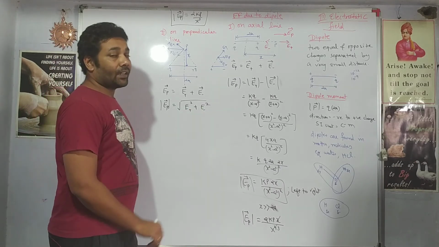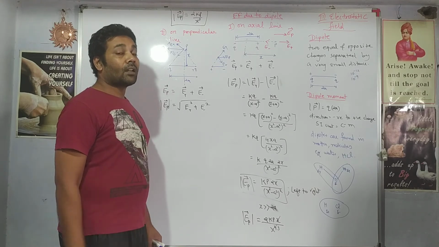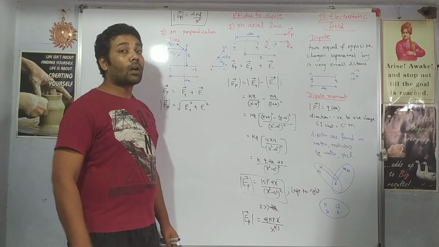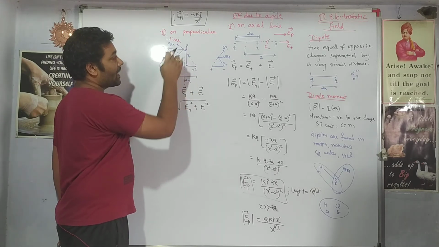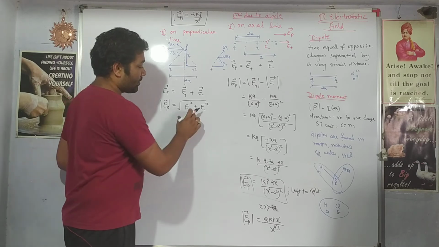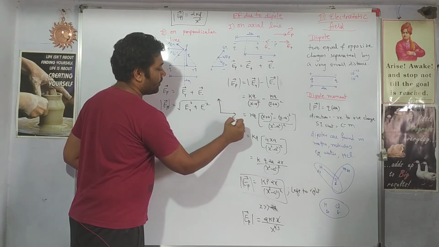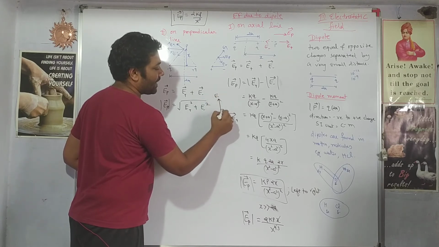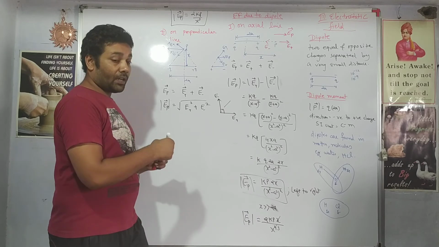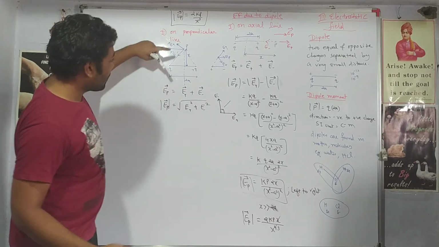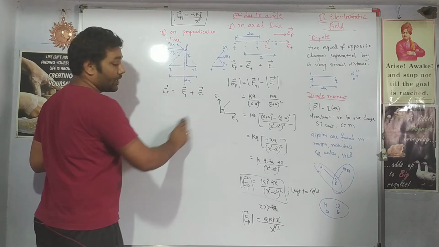If you recollect vectors, your vectors must be very strong to understand this topic. If your vectors are not clear enough, please look up the videos on vectors and how to solve them. Can this formula be applied here? No. This formula holds true only if the electric fields make 90 degrees with each other. So here this formula is not applicable since we are not sure that this angle is 90 degrees. Then how will we evaluate?